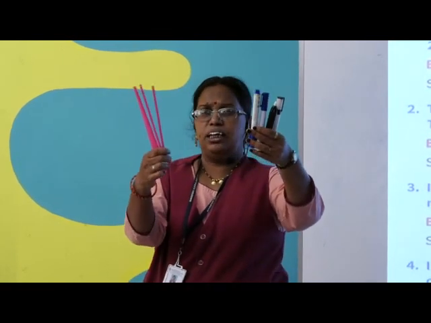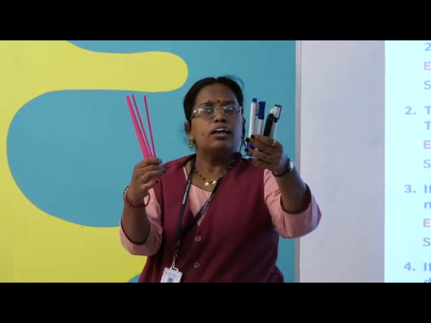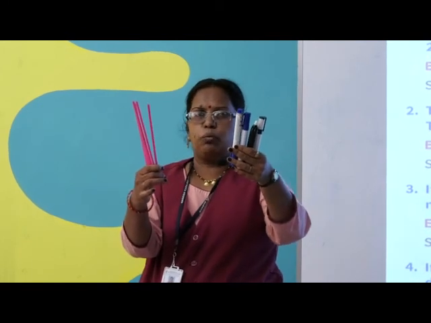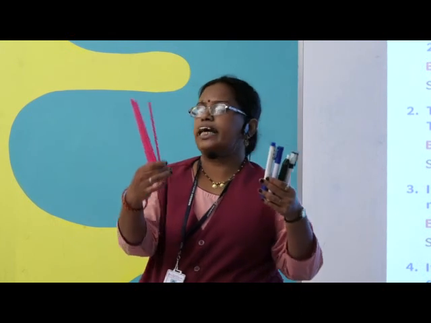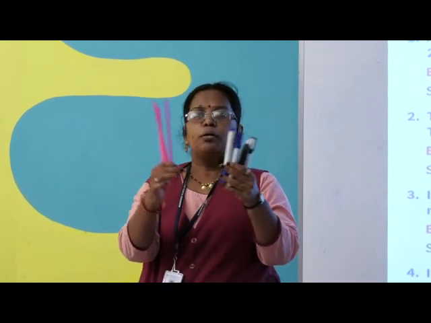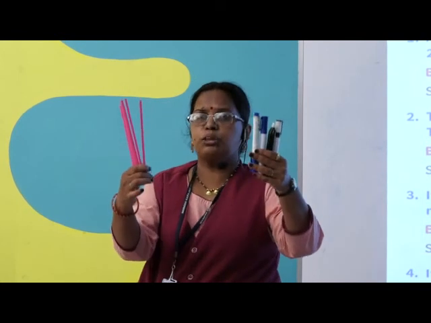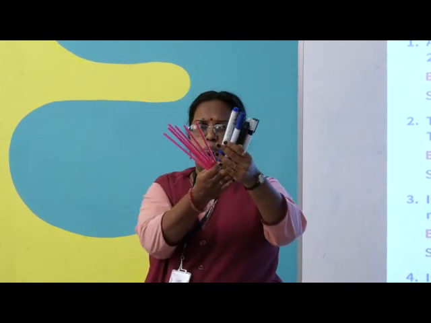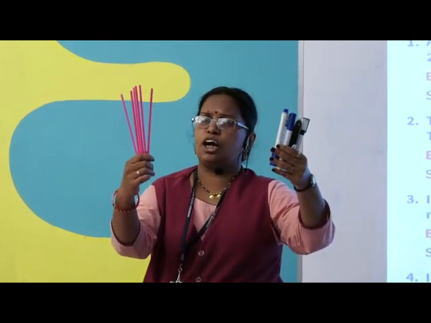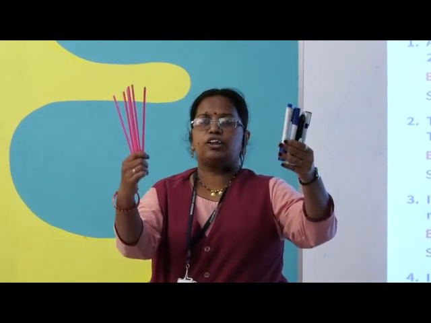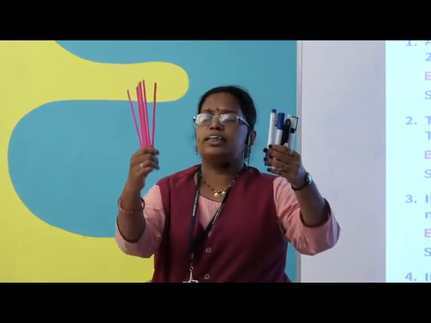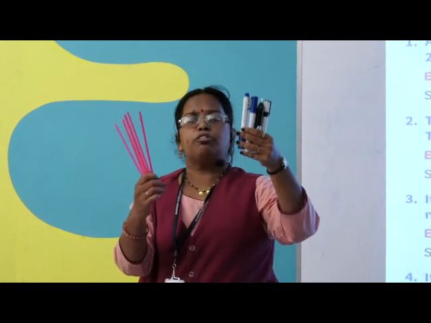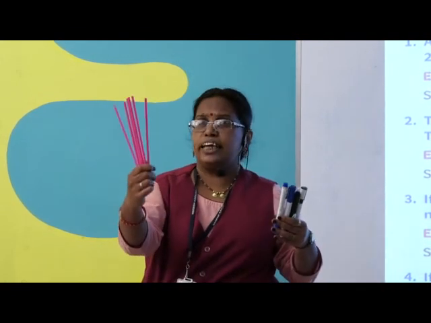So can you tell me, are these both equal? No, they are not equal. We can't say both are equal, isn't it? These are 4 markers and these are 6 straws. So both are different. In these both, which is the more number of things? 4 markers are more or 6 straws are more? Yes, good. 6 straws are more than the 4 markers. Means 4 markers are less than 6 straws.